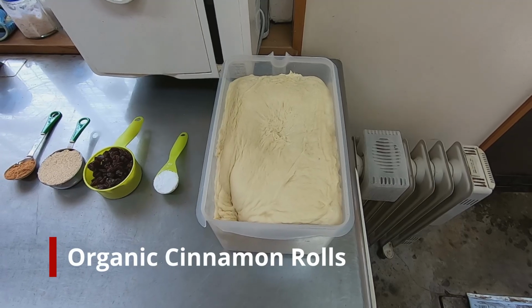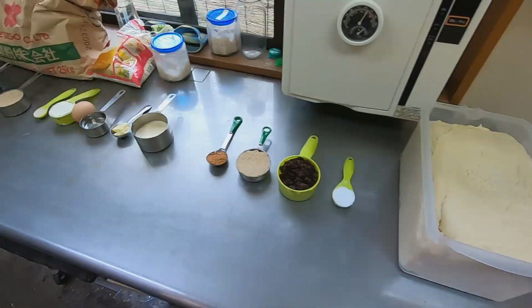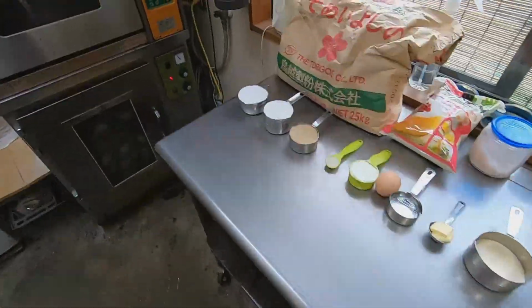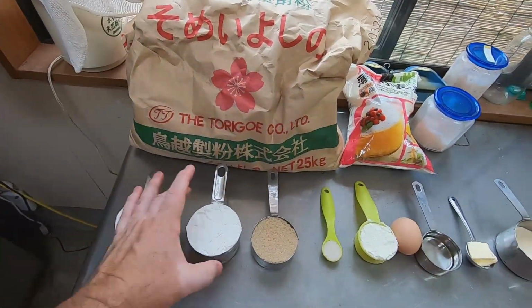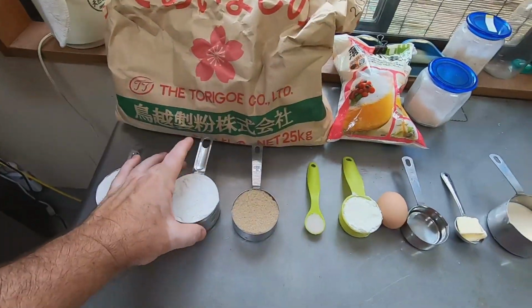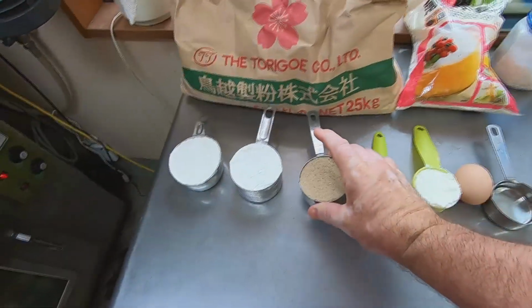On the right you can see the batter for our organic cinnamon rolls. The batter has already been sitting for about 8 hours, and these are the ingredients you need to make 20 cinnamon rolls. First you need 650 grams of kyoriki flour, hard flour, 65 grams of hakuriki flour, soft confectionery flour, 60 grams of sugar,